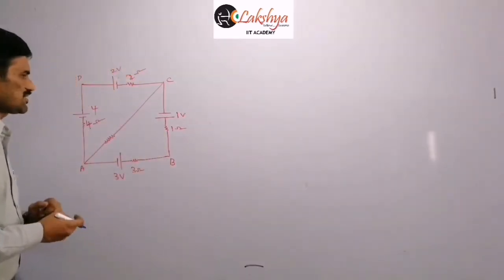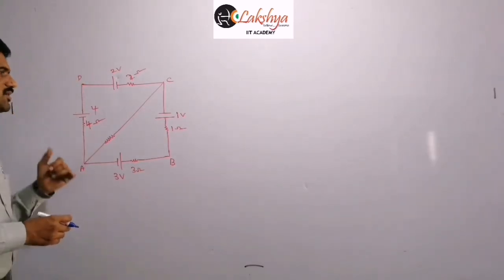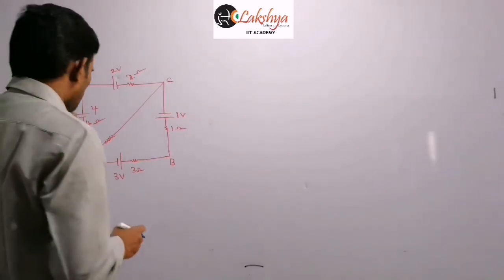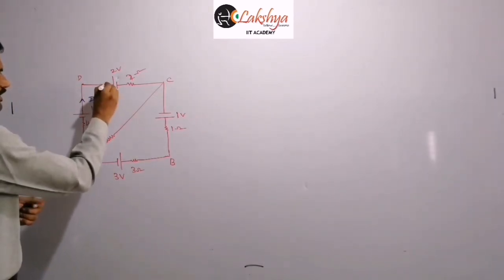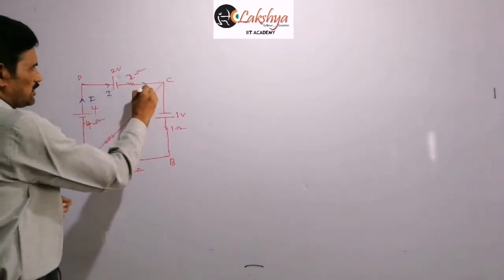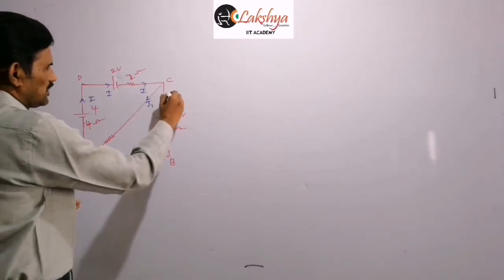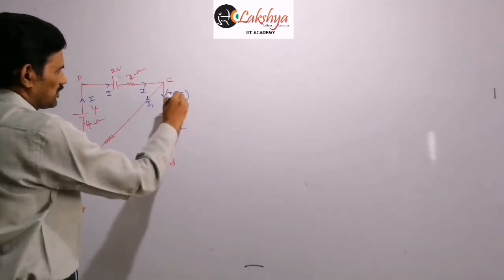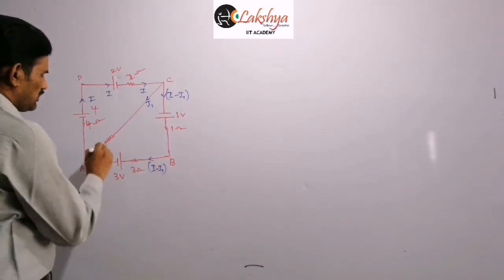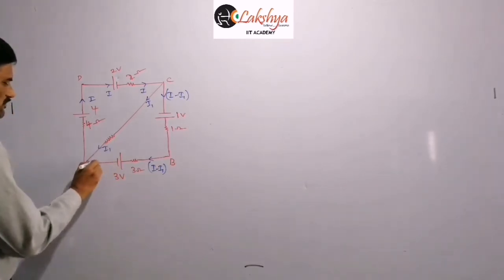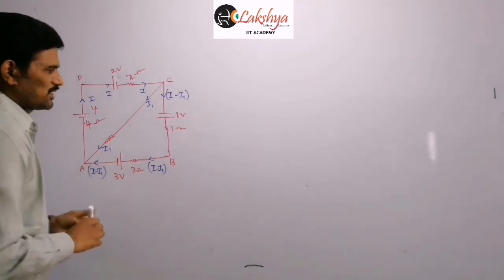Now here we need to take some current distribution, and taking the current distribution is purely our choice. You can take it in any direction, right? So here I am starting from here. I am taking the current I flowing here, and out of this, I1 is the current flowing along this direction. Then the remaining current I minus I1 will be flowing along this, right? This I1 and I minus I1 will be adding together, and so you will get the total current I. So it is a simple current distribution here.